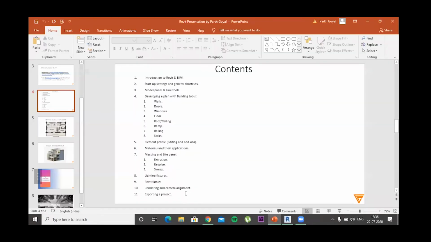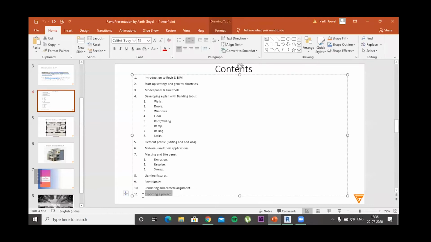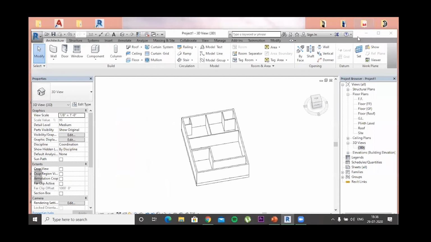And there is something which I have written here as our last thing, exporting a project, in which I will be telling you how to export different types of files in Revit. So we will be taking care of that because it takes a little bit of time.